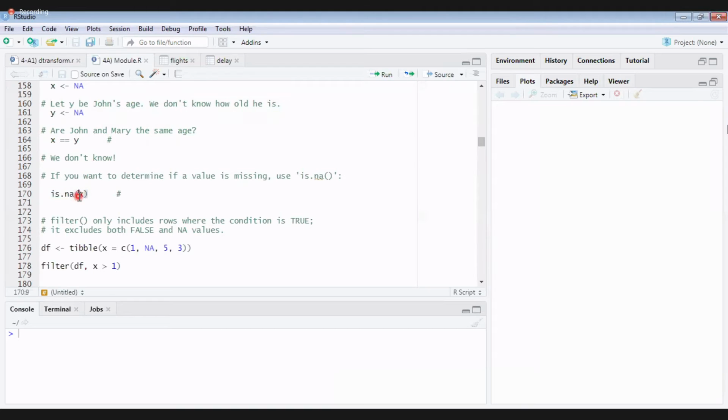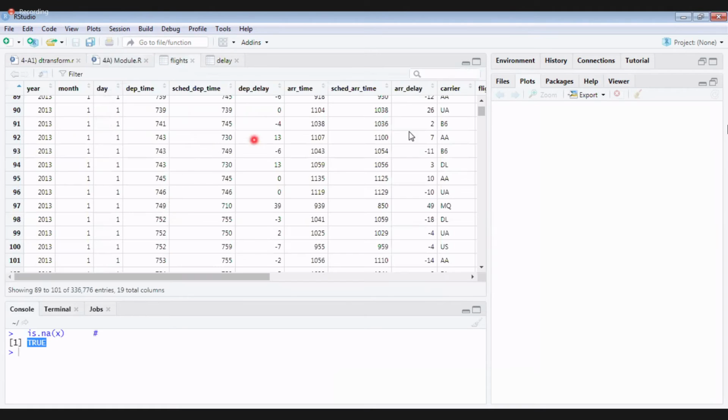of X. Here you give your column name. If there are any NAs present in that column, it will return true. So here in X we have NA, no? So what I do is is.na, then it returns me true. Yes, it is telling that in X there is some NA. Likewise, no need of giving X, you can even give a column name.